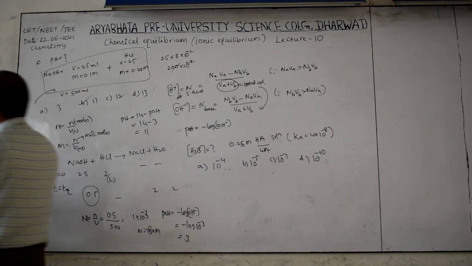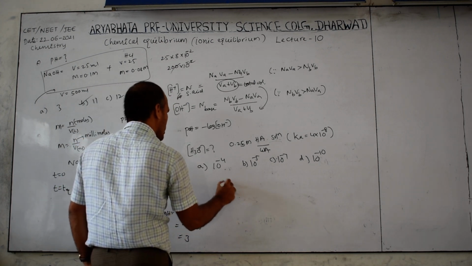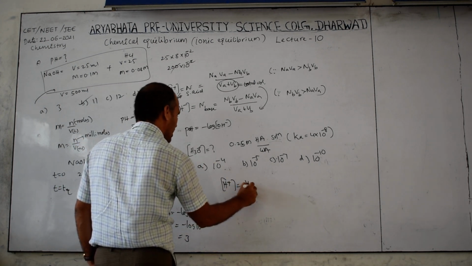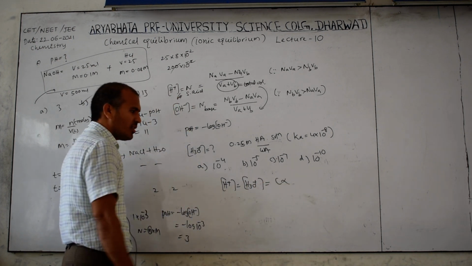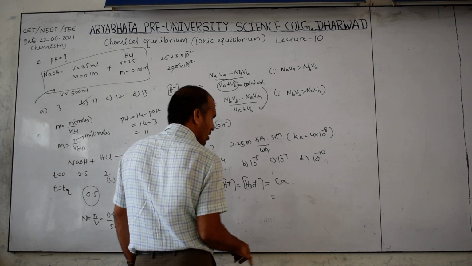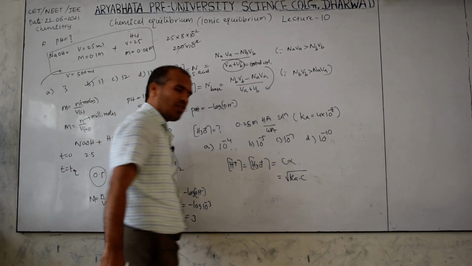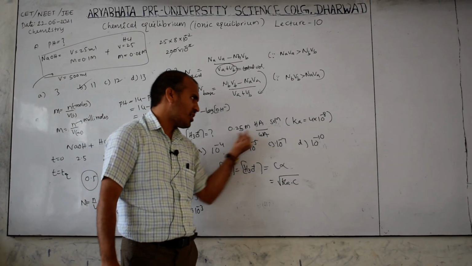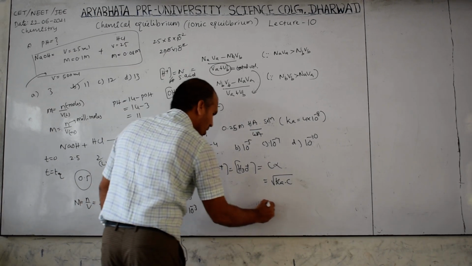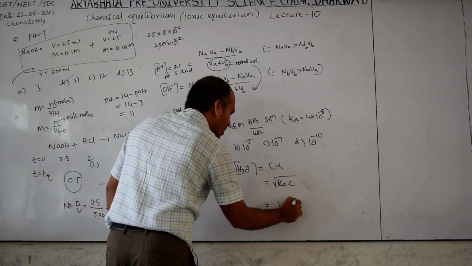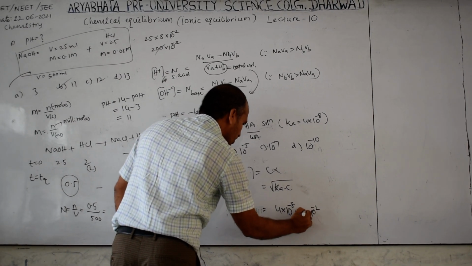Then how to solve this? I already gave the formula: H plus ion concentration, here H3O plus ion concentration, any ion concentration is C alpha. Another formula: when Ka is given, it is root of Ka into C. Now here the concentration and Ka are given, alpha is not given, therefore don't use the first formula. Therefore Ka is equal to 4 into 10 power minus 8, and the concentration here is 25 into 10 power minus 2.